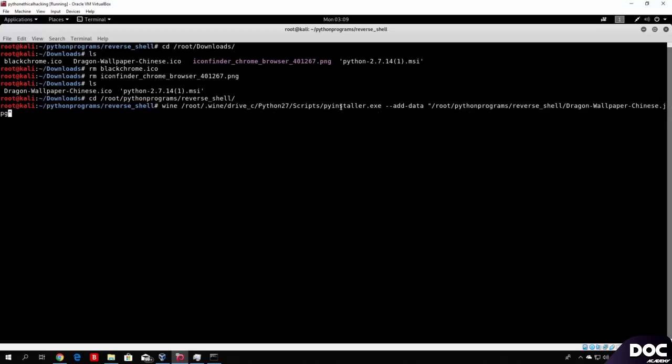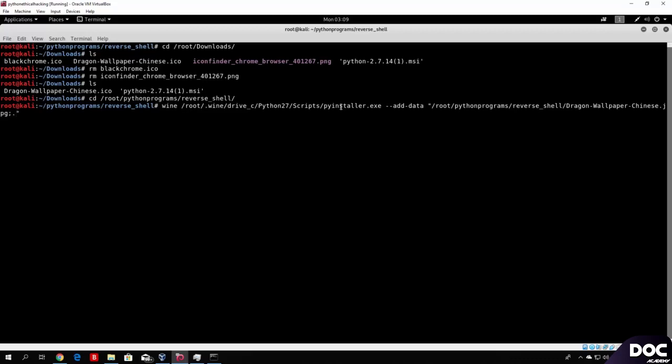Now also make sure that at the end, before closing the double quotes, at the end of the actual path, add the dot and the comma, and then add the comma, and then add the dot at the end. So this specifies that we only use this file right here. So once again, dash dash add dash data, open double quotes, path specified, then dot comma, and then dot, and